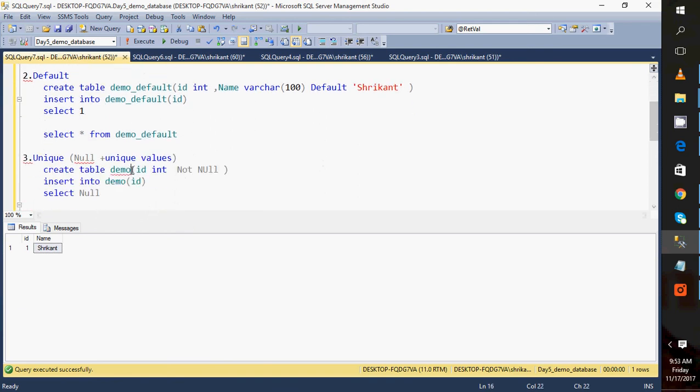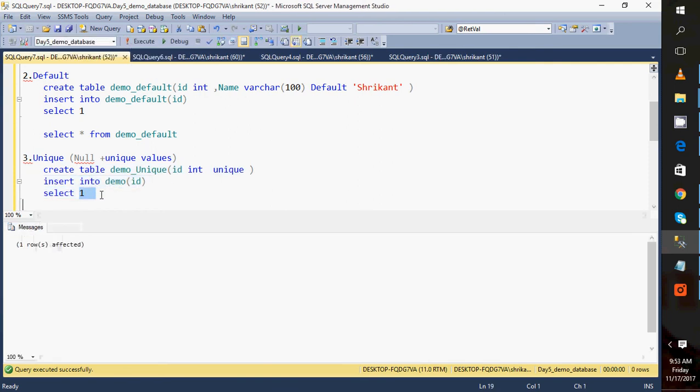So, a demo with unique. I'm giving it as null. I'm showing you the constraint called unique. Great. So here I'm inserting a value of 1. Let's run it. Great. Again, let's try to run this query. What will you see? So when you execute this query,